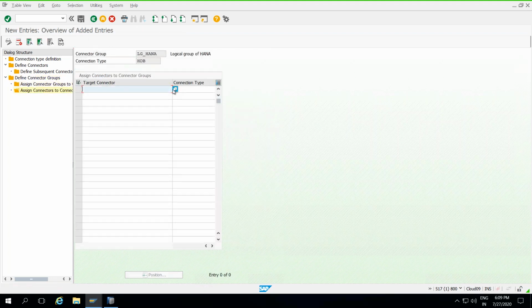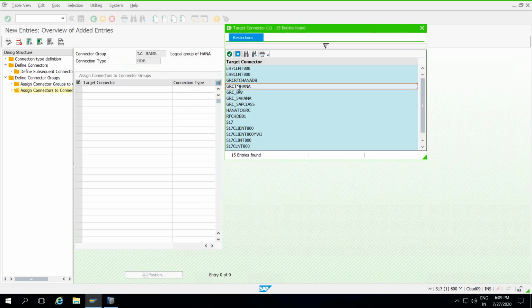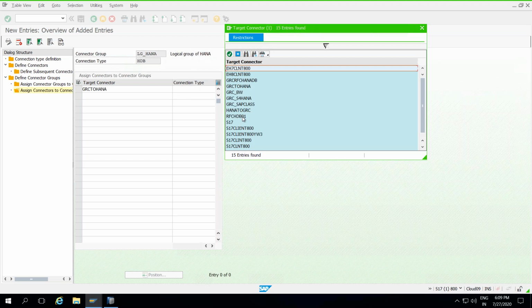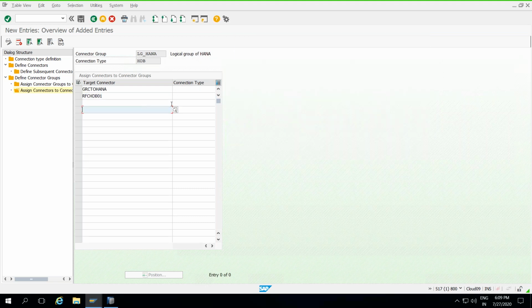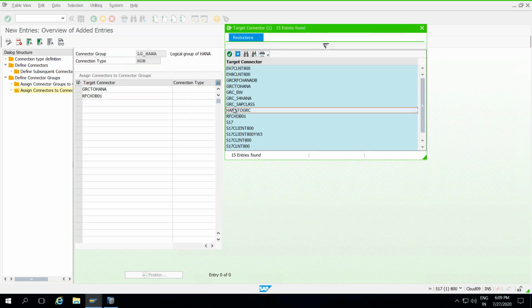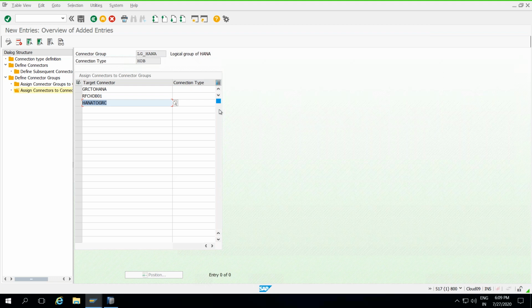Click on new entries, browse option, GRC to HANA, and you can take any number of connections. This is just for example purposes. This is my correct one. For example, a connector group means I can add multiple systems and multiple RFC connections. Previously the error was that I was taking the wrong connection type.